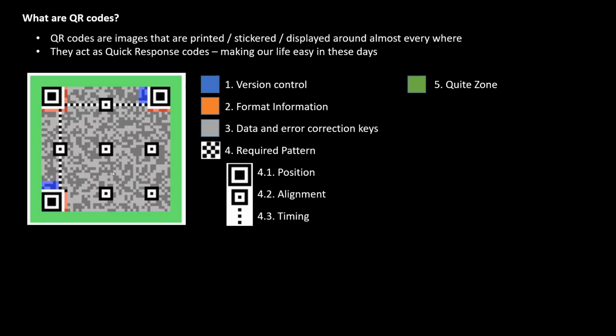It has a few characteristics. Like this blue shade indicates version control, and these patterns are useful for providing alignment. You are not scanning a QR code standing still, perfectly aligned with your camera. There will always be some tilt or some angular rotation. All of them will be corrected while extracting the information present in the QR codes. For more information about the structure and characteristics of QR codes, as there are a lot of varieties, you can refer to this Wikipedia link.